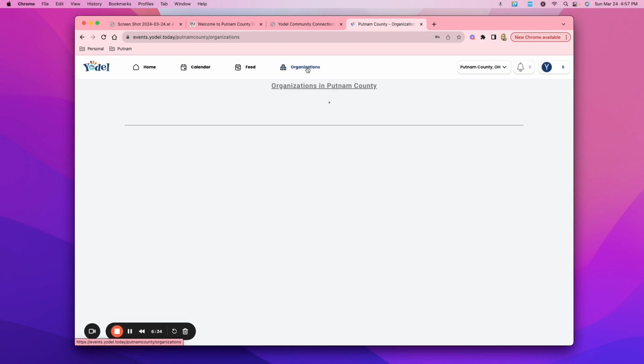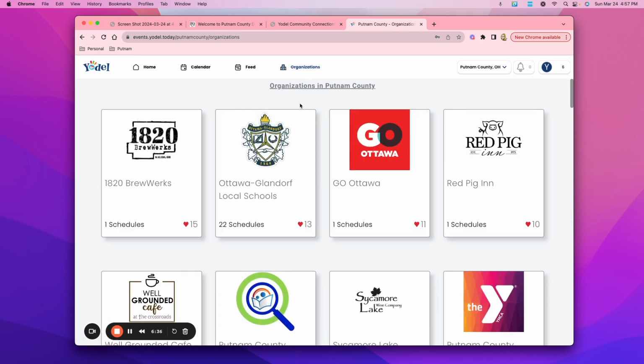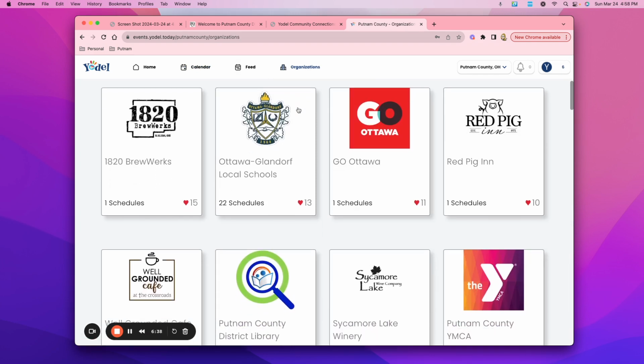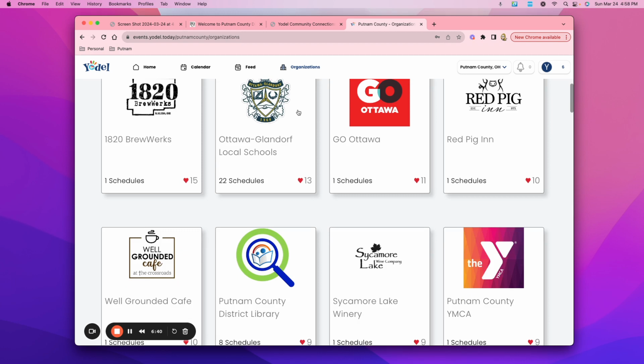The organizations, what that shows me is all of the organizations in Putnam County that are currently a part of Yodel. And then you'll notice the hearts here, and all that is telling you is that if I were to click on here, Go Ottawa, that is actually a big part of this Yodel and the push throughout the county.